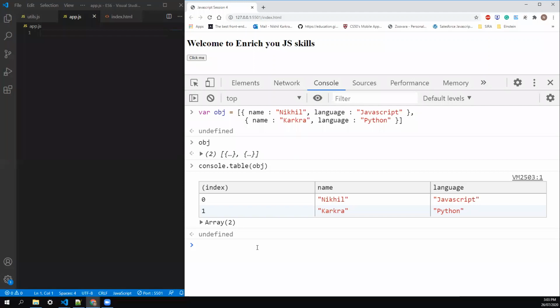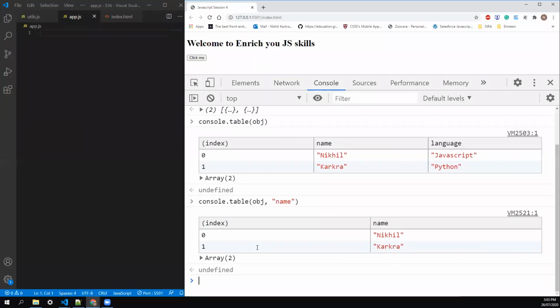And there may be a time when you may have 300 or 400 objects, or 400 properties in an object. So for that, they have given another parameter. Just pass what all properties you want to fetch for the table.